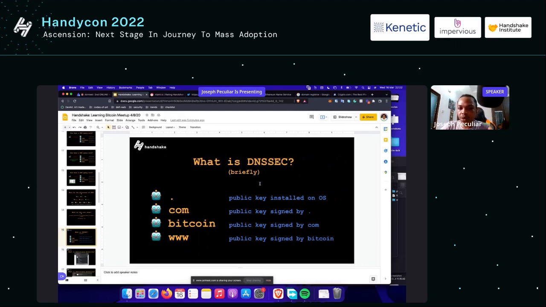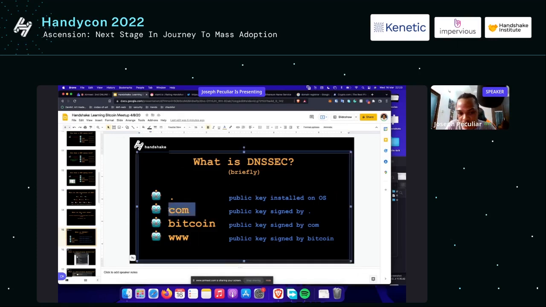DNSSEC is pretty much domain name security. It's a set of keys pre-installed on our operating system. When you buy a new device, such as a mobile phone or laptop, you get a set of keys pre-installed on your operating system, in your resolvers, already there. The root zone signs for the top level domains, like .com as we explained, and they sign for the second level domains and the subdomains. So it's more of a tree-like structure as well, which builds upon the handshake